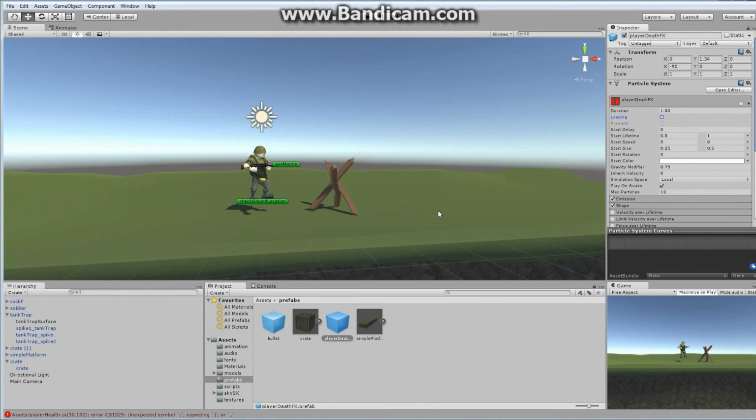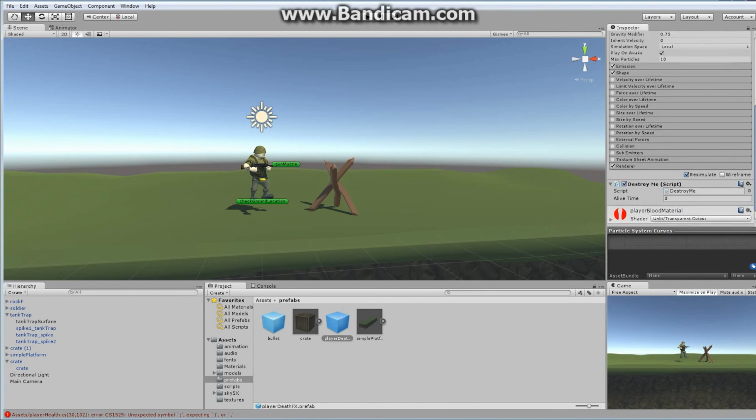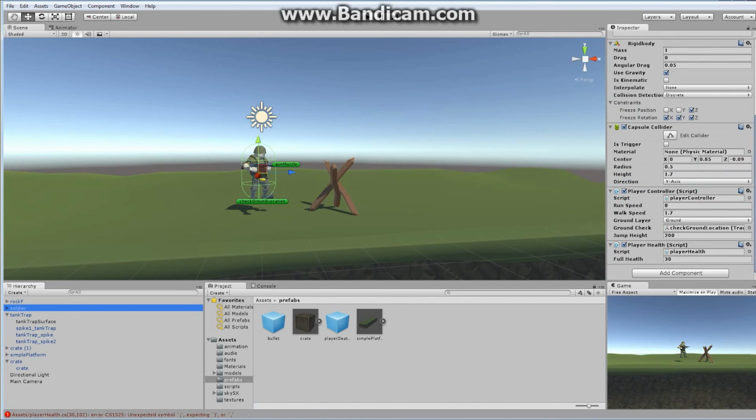Perfect, and now I actually want to add in my player death effects that I created, my actual effects, a new component. I'm going to add my destroy me script, to make sure that we destroy this guy after 1 second. Now when I hit play, oh no, I can't hit play yet. When I go to my soldier, I should be able to see in my